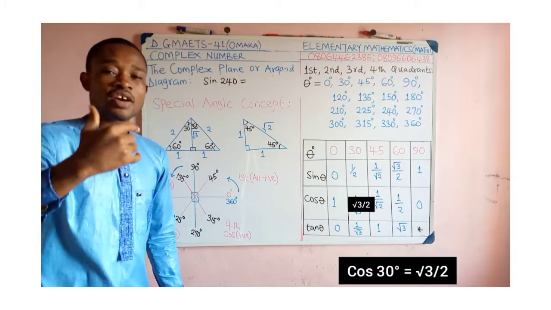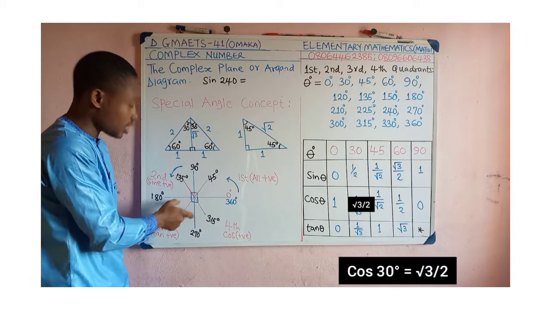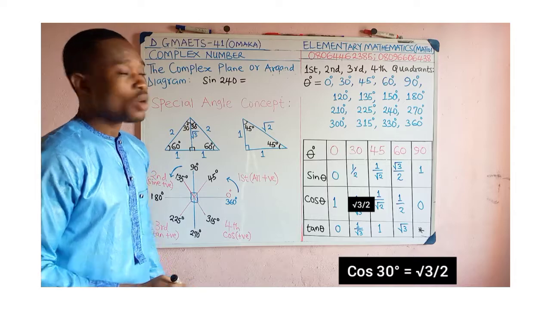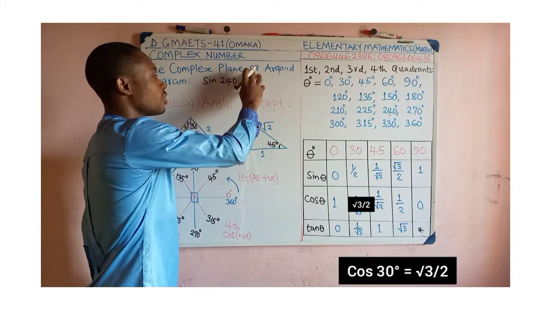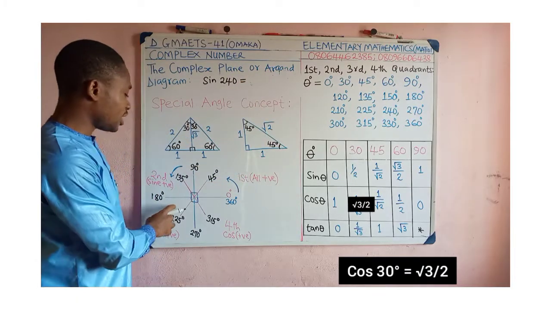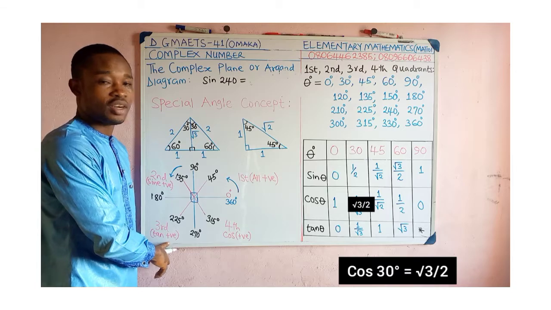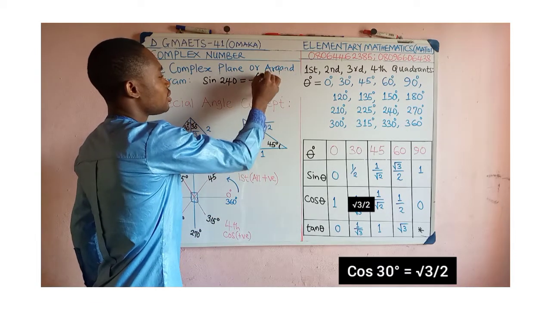Or I will ask myself, which number will I add to 180 to get 240? Because 240 is in this third quadrant. But I prefer going by the subtraction format. 180 is less than 240, so you subtract it. Sine in the third quadrant is negative. I hope you know, because it's only tan that is positive there. So it's going to be minus of sine